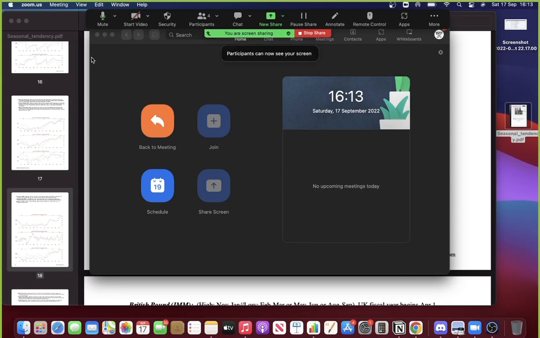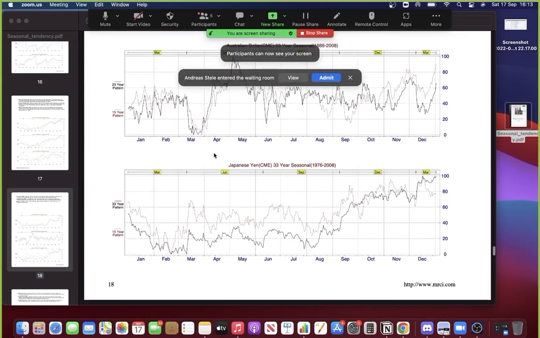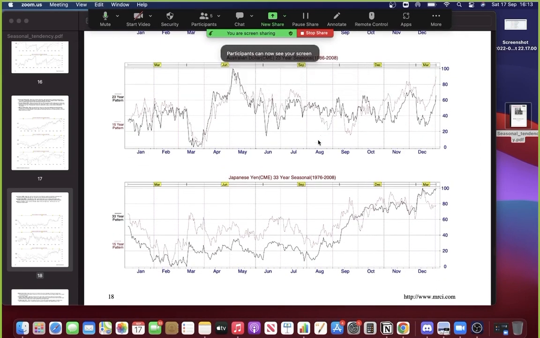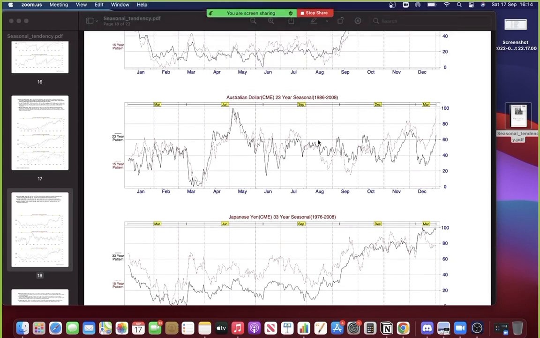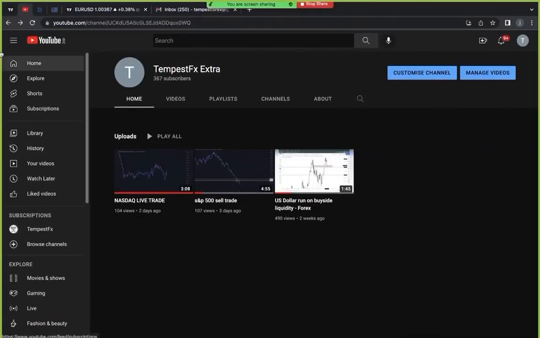Alright, let me start sharing my screen. Okay, so this was the PDF that I shared in the Discord. Let's go over this and how you can start using these charts. As you can see here, we have the Australian dollar. Around the middle of March, the Australian dollar tends to make a low and then it rallies from there. So if I go over to the charts,